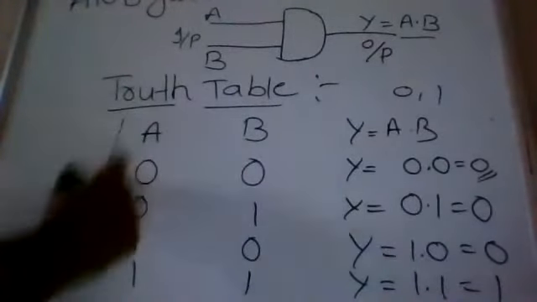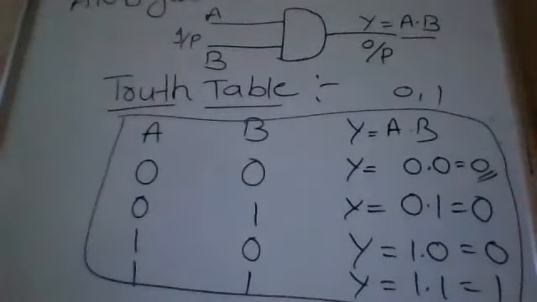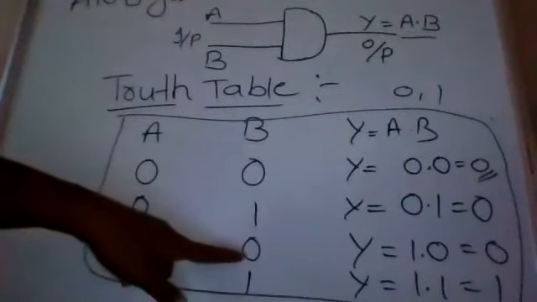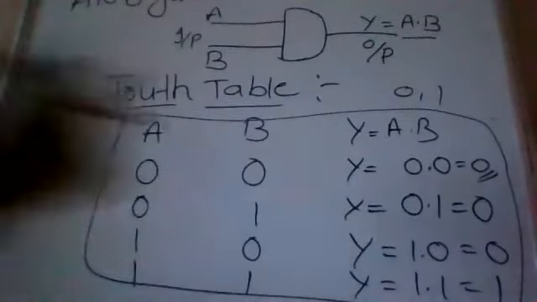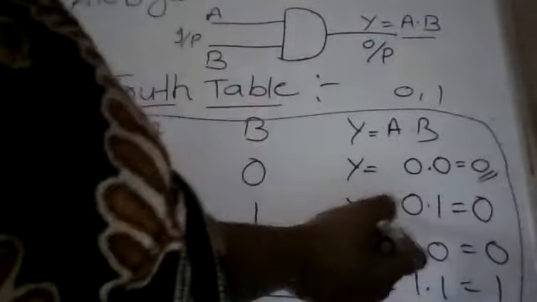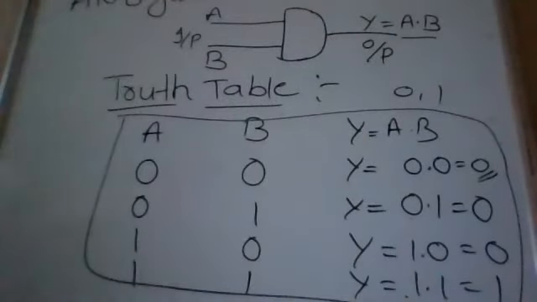This is truth table for AND gate. We have 4 conditions. In case 1, both inputs in 0 condition. In case 2, A input in 0 condition and B input in 1 condition. In case 3, A input in 1 condition and B input in 0 condition. And fourth case, both inputs are in 1 condition. We get output Y equal to 0 dot 0 is 0, 0 dot 1 is 0, 1 dot 0 is also 0, 1 dot 1 equal to 1. This is the symbol and truth table for AND gate.